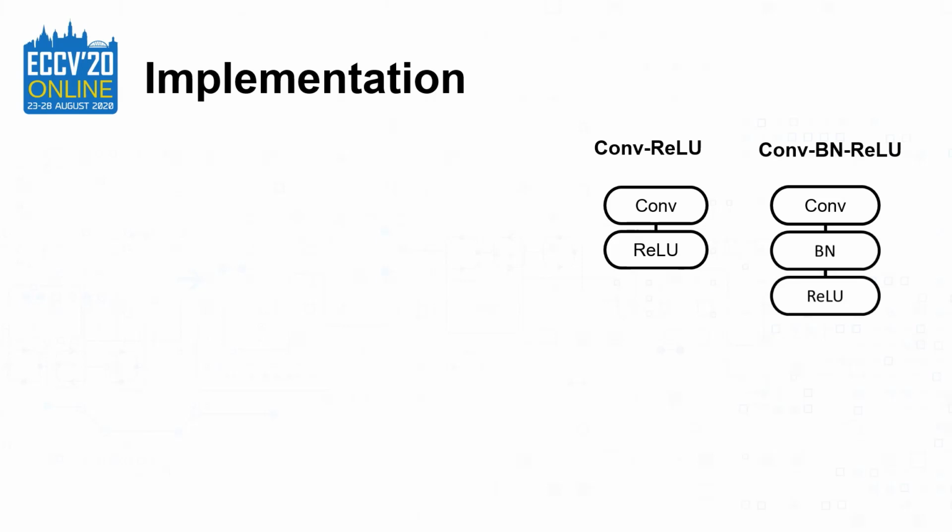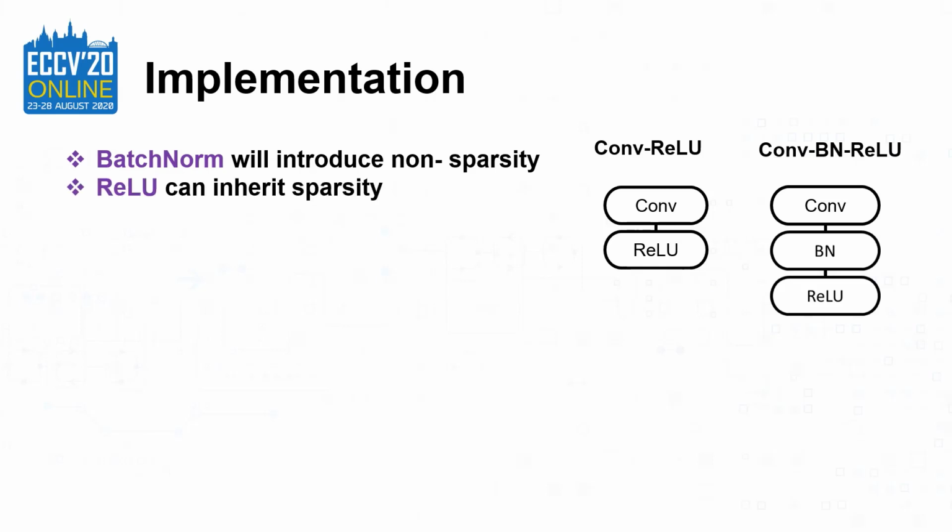The first problem of implementation is where to prune. Modern CNN models has two typical structures, conv-ReLU and conv-BN-ReLU. In backward propagation, batch norm will introduce non-sparsity, and ReLU layer can inherit sparsity. So in conv-ReLU structure, we put the pruning layer after the ReLU layer. In conv-BN-ReLU structure, we put the pruning layer before the batchnorm layer. Pruning layer is a straight-through estimator which can be defined as